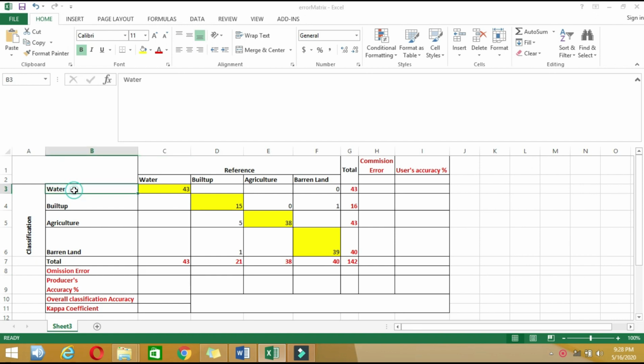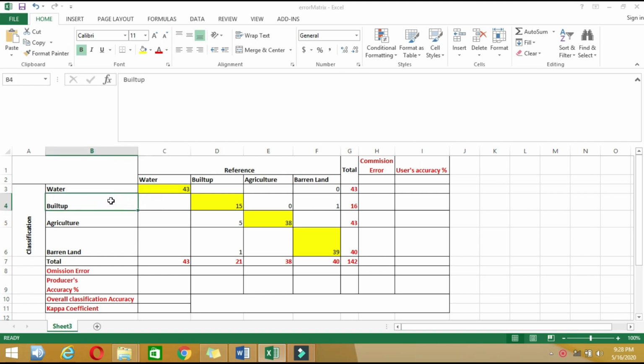You have the classes: water, build up, agriculture, barren land, and the same on the reference. For water there are a total of 43, and on the ground or reference sites also 43, so they are perfectly classified by our classification scheme.